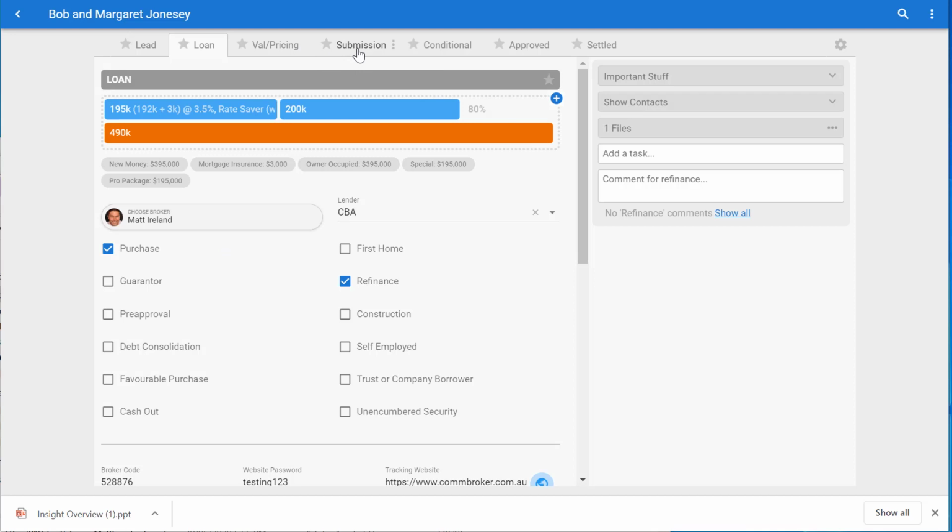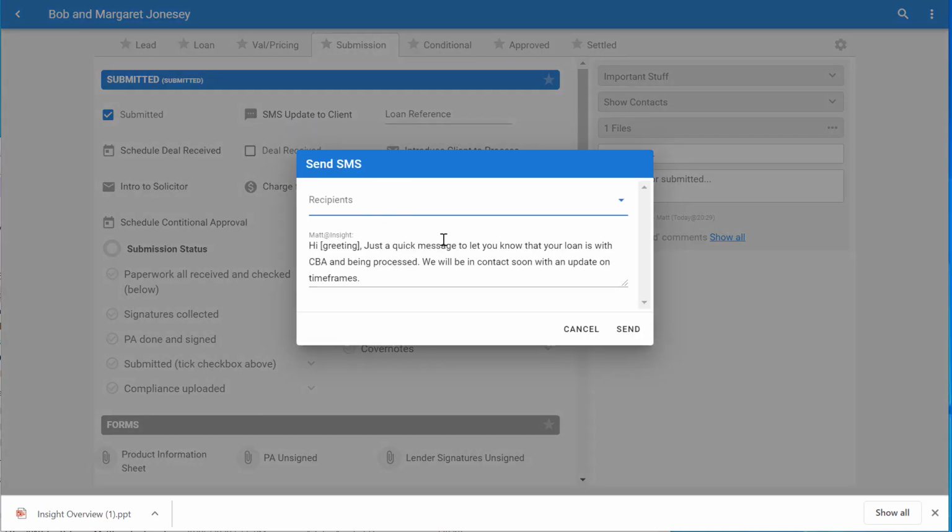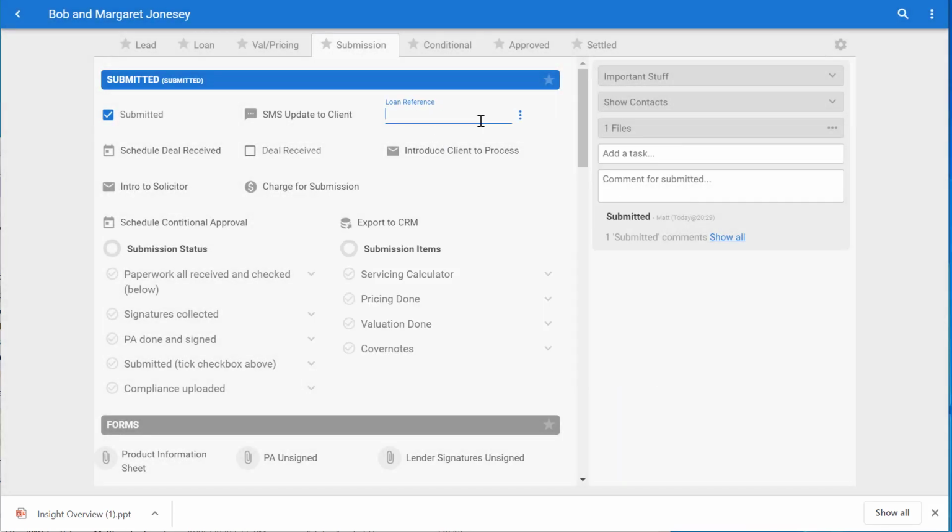When we get to the submission side of things, then there's some kind of instructions to tell you what's needed. So first of all, you need to tick when you've submitted the deal, and then you can update all of this. The workflow is customizable, so it might not be applicable to your office, but this is like an SMS where you can actually send an SMS message to the client, or the loan reference number. So we'll just put a number in here, and then what we're going to do is schedule the